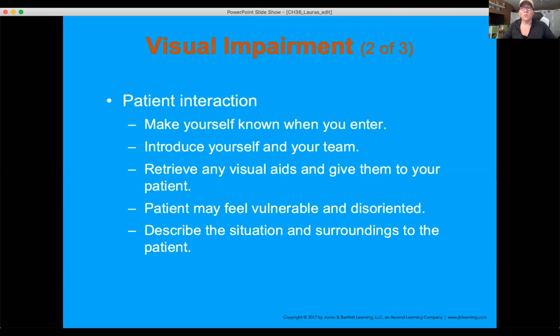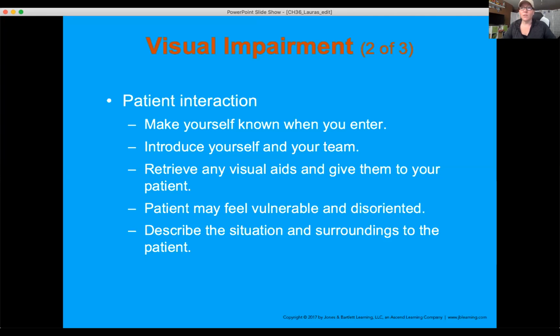And then again, just like you would with any patient, explain what you're doing to the patient or what you're planning on doing, get consent. Don't just start grabbing for things, all right? If somebody can't see you, then make sure you're making them aware of your position around them all the time. Eliminating background noises is important even with a visual impairment, because it can eliminate confusion. Yeah, there are visual issues, right? But if you've got stuff going on in the background, and this is a stressful environment for that patient because this is not something that's an everyday thing for them, you eliminate that background stimulus, it helps you have better communication with your patient.